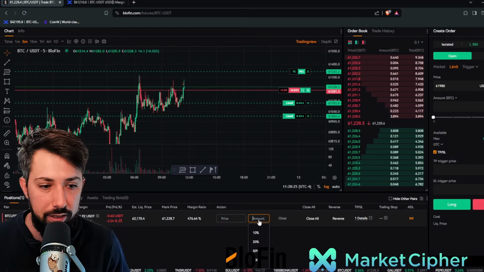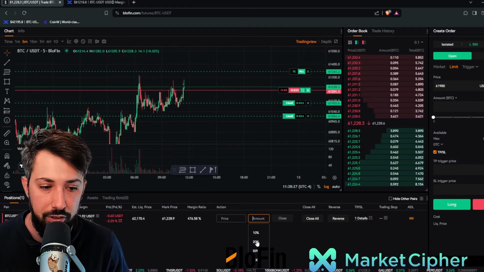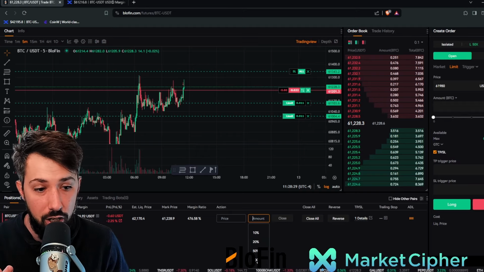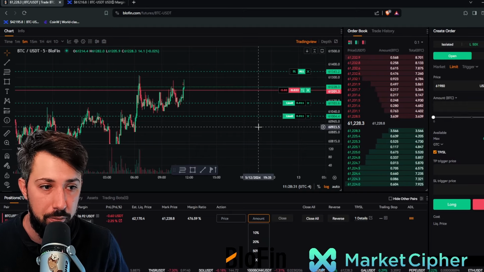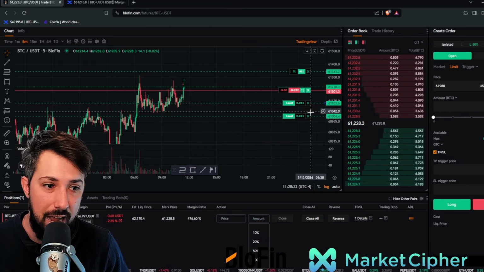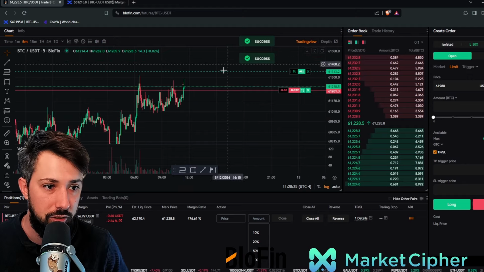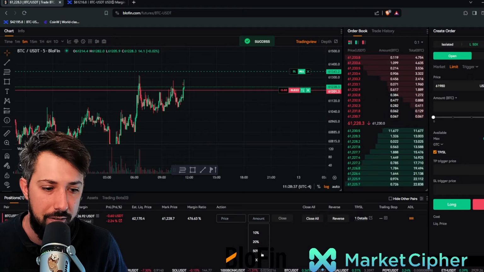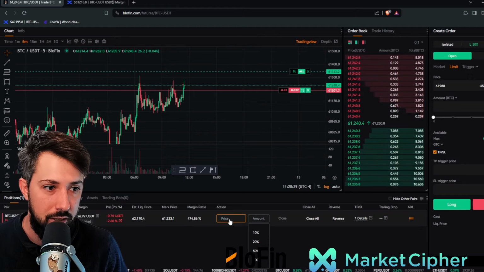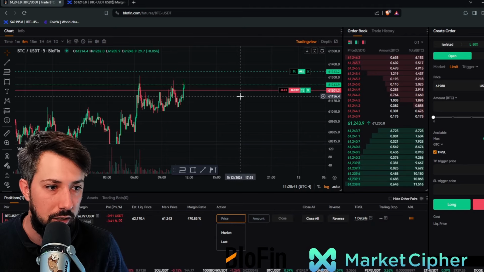You can play around with this on how you want to take profit. You can take 20% out. You can take 100% out, right? You can close the trade completely. You can exit these ones right here, right? Don't close your stop loss. Always have a stop loss. And let's put it right at open here,